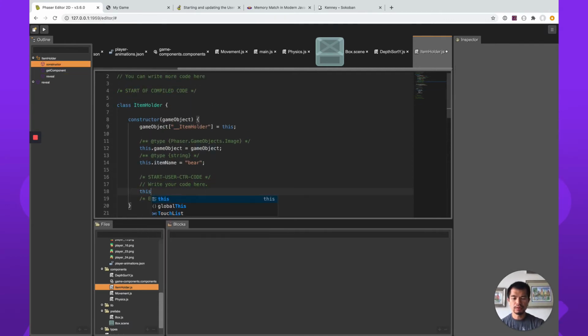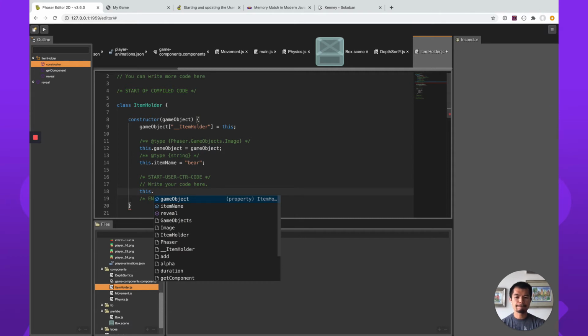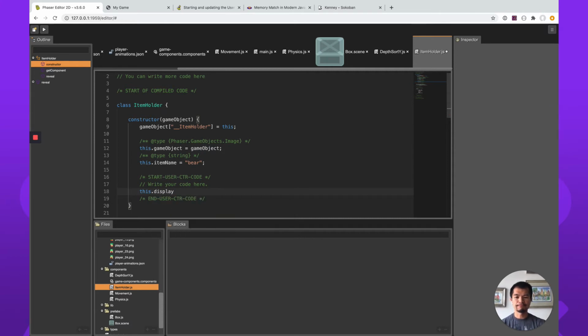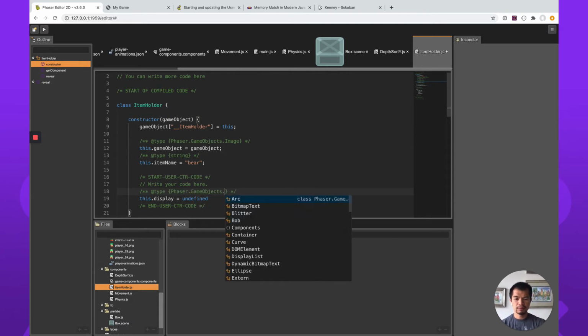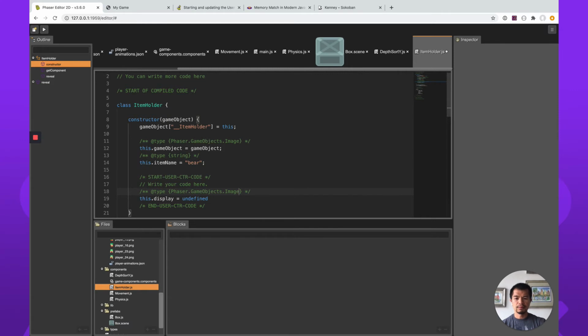So we're going to do this dot, let's call this the display, and it'll be nothing, but it will be an image. It'll be undefined. Type Phaser dot GameObjects dot Image,